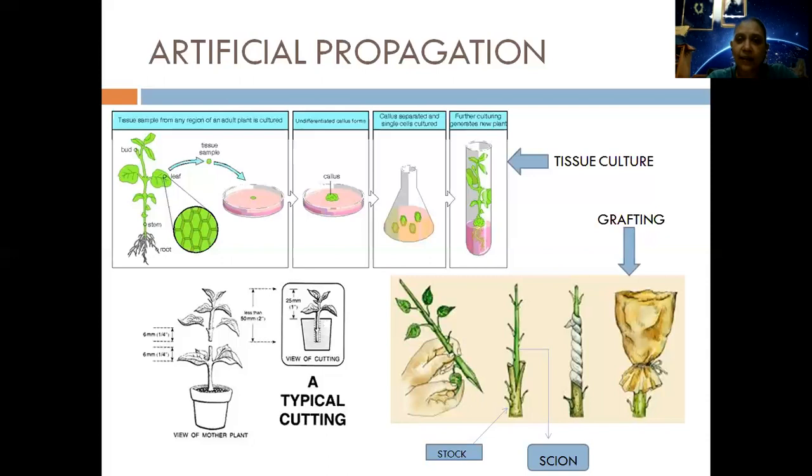Then those callus are put in a nutritive medium again and kept moist. You will see in the beaker there, many such callus have been put together. After they grow to a certain extent, individual callus is shifted into individual test tubes wherein a new plant is grown, and once it grows to a particular extent, it is shifted out from there and planted in soil. That is how